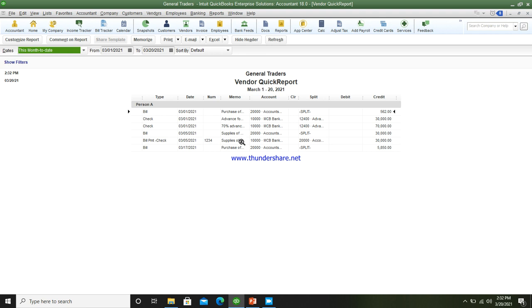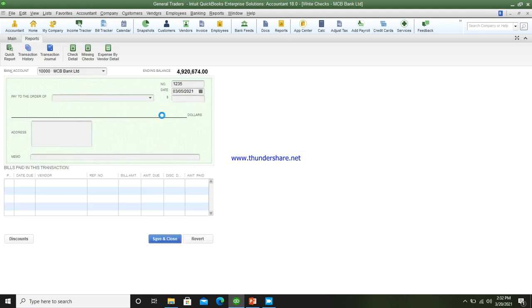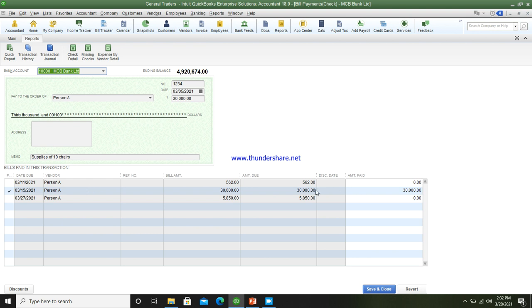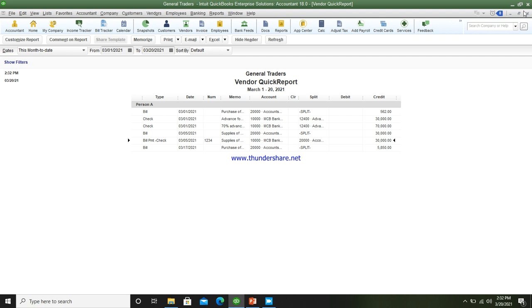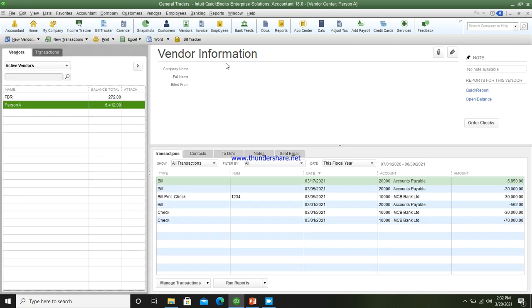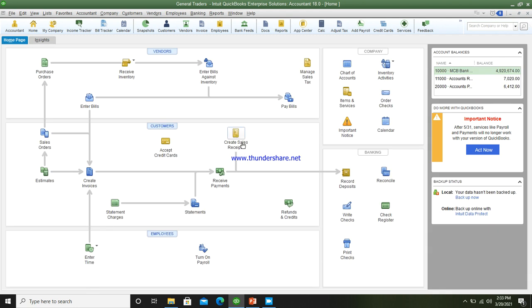And this is the payment which we have made, rupees 30,000, and it is recorded on 5th of March. So we have checked that we have made the final payment of 30,000. So all the transactions are completed in QuickBooks.